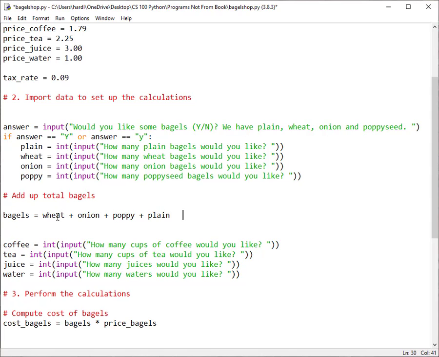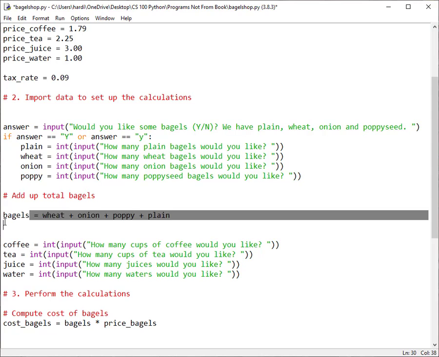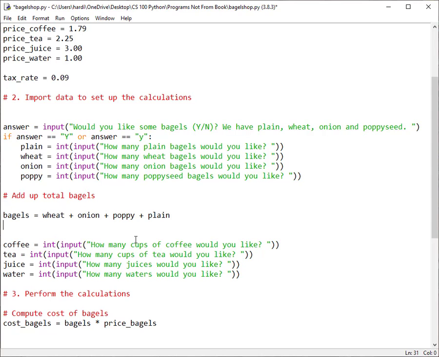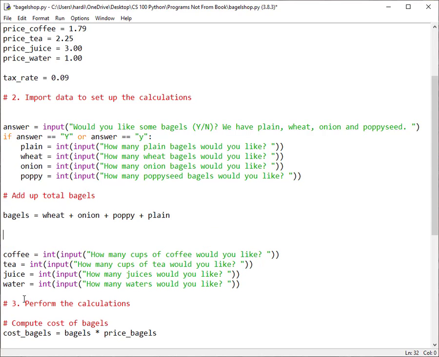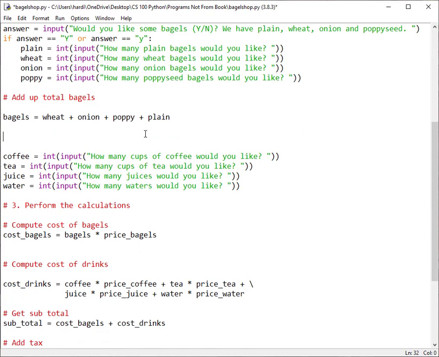And it could be any combination. We could have 2 wheat, 1 onion, no poppy, no plain, whatever. We just add all that up, and that's the total number of bagels that our customer wants. Now, let's also modify this so that we can be a little bit more explicit about the drinks that the customer can order. Now, in this case, our program, after the bagel part of it, just jumped ahead